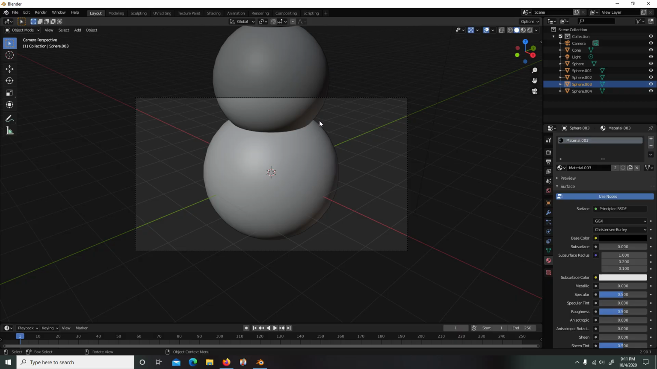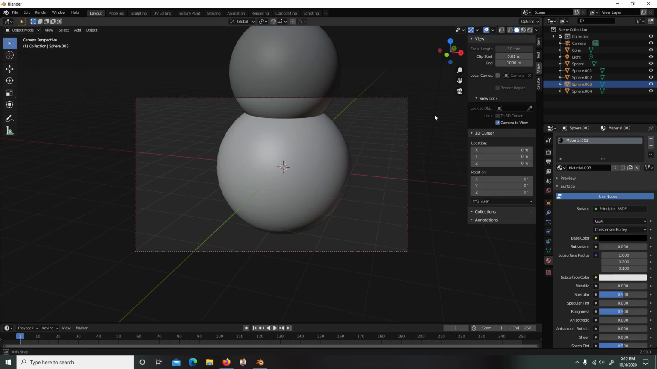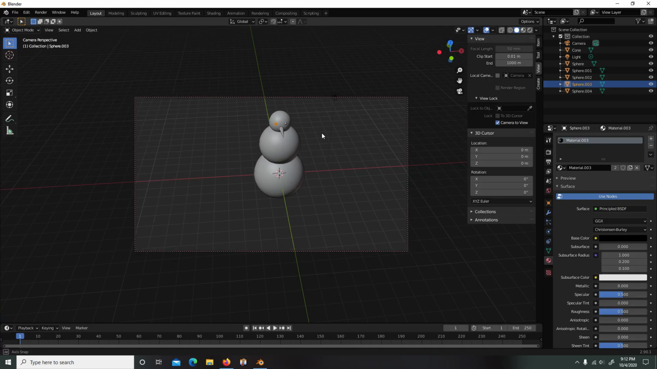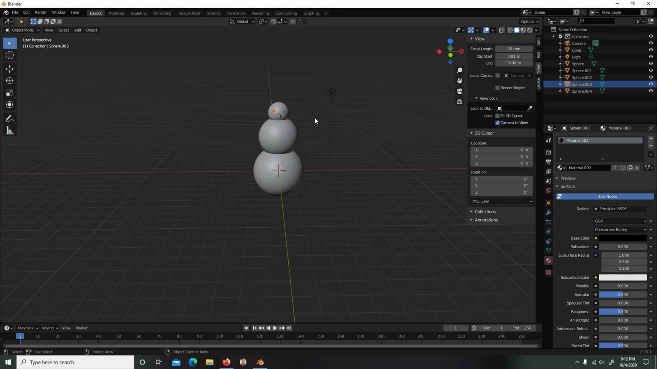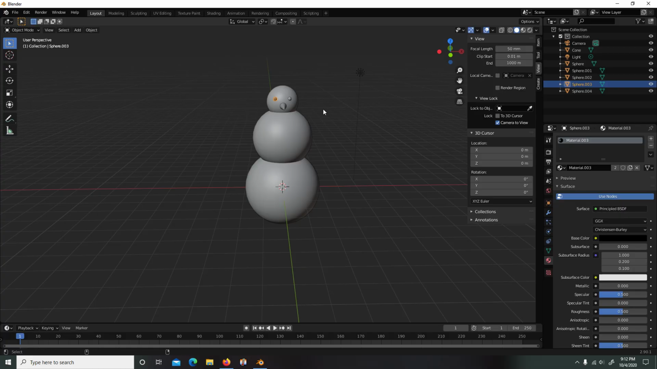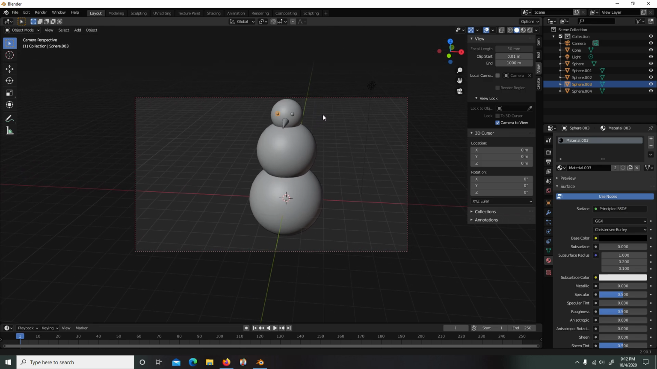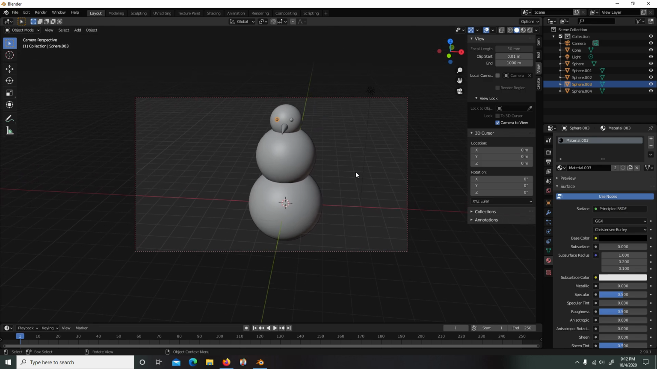So there's two ways to change this. One is to hit N, View, Camera to View, and now when we move around, we move the camera around as well. Or we could just move into a position we like, Control Alt Numpad 0, and then I'm actually going to move that up a little bit by holding Shift and middle mouse button, and that is our snowman. The camera sees it, so now we hit F12,